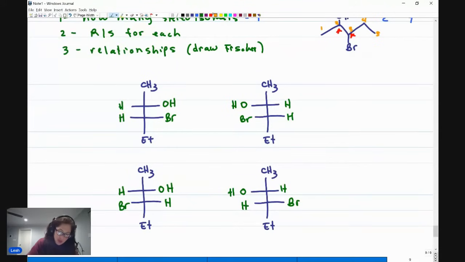All right. For the first one, I told you to flip it, right? All I did was draw the exact opposite. So of course they are going to be enantiomers to each other. For this one right here, I told you to flip it. So of course they are going to be enantiomers to each other. These are the only pairs of